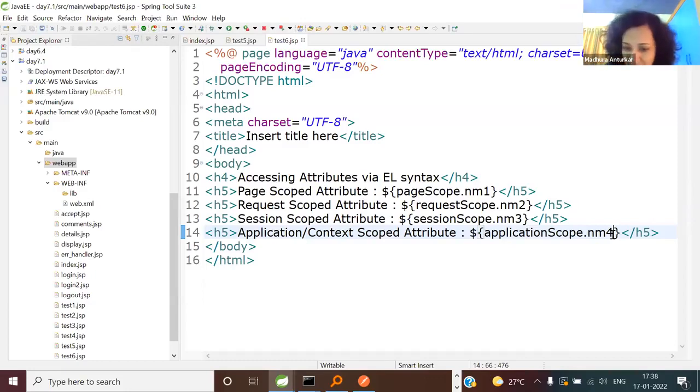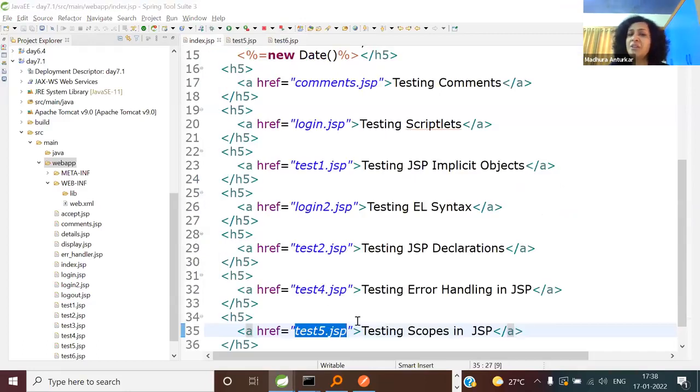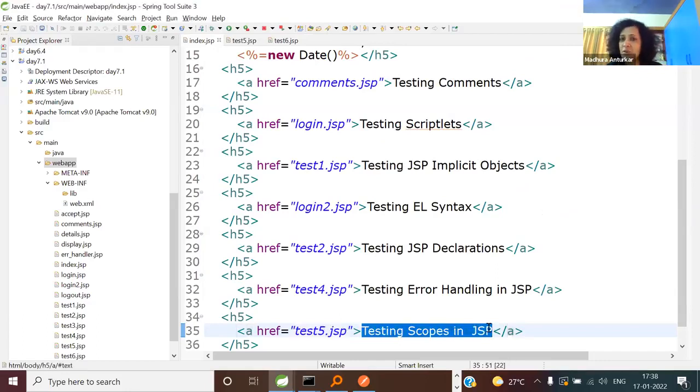Now the question. Don't cheat yourself. Otherwise, you are not thinking, you are allowing somebody else to think for you. So here is the question. When we click, which we will see in a minute, when you say testing scopes and click on this, the request will be sent